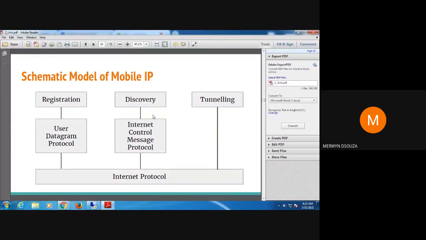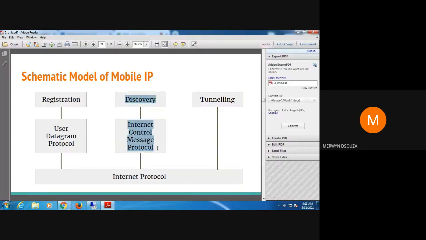Your agent discovery is done using the ICMP protocol. ICMP stands for Internet Control Message Protocol. The registration of the care of address is done using the UDP protocol. And tunneling happens directly. All of these are part of your IP protocol.